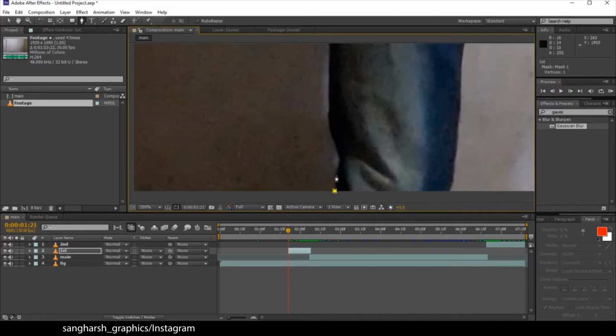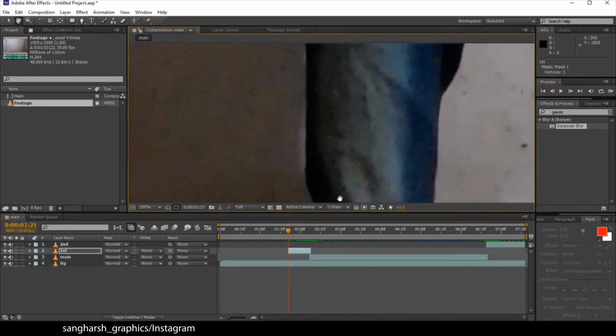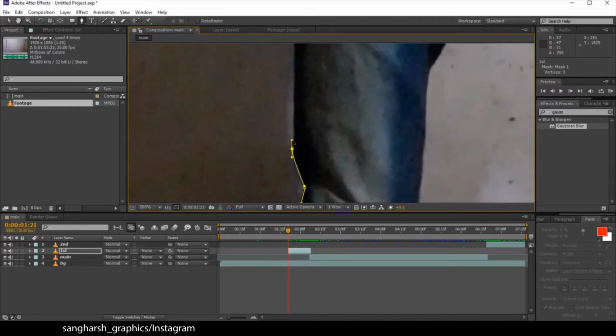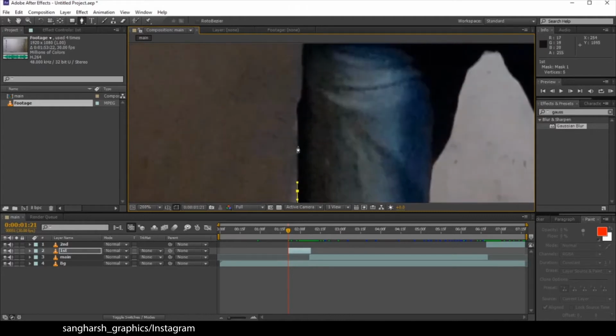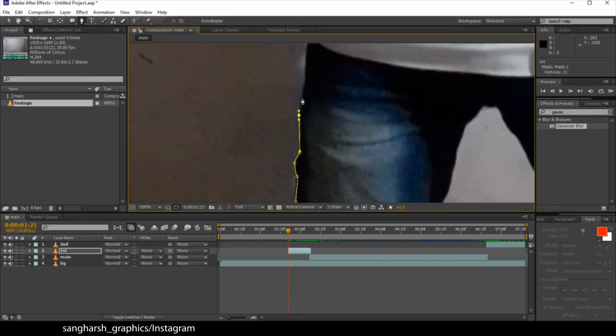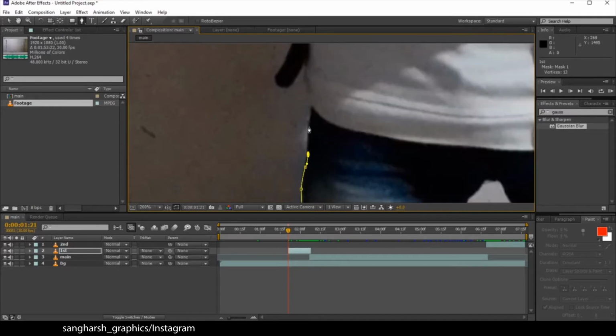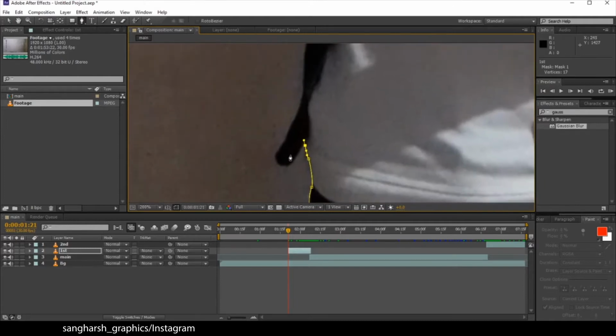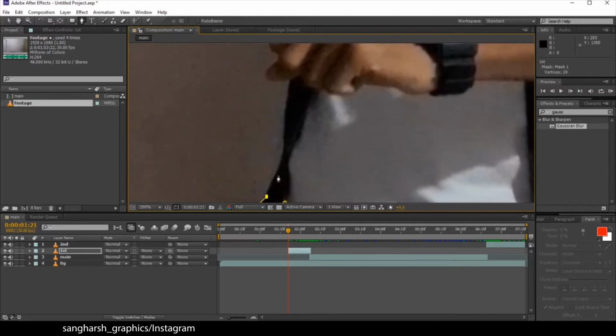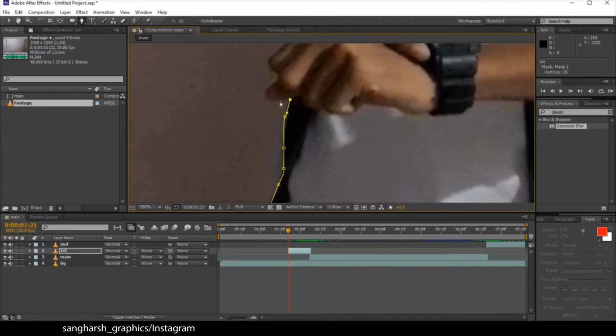Select the pen tool, click and drag to get curves. Just click, hold and drag. You can see, you just click, drag and do the curves like this. So I will mask my layer.